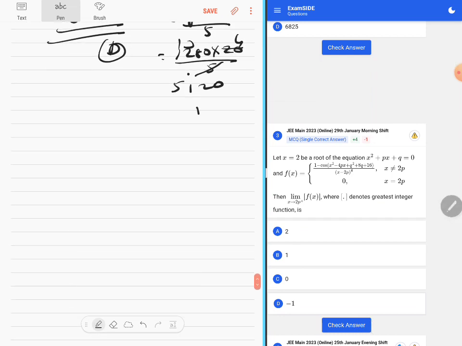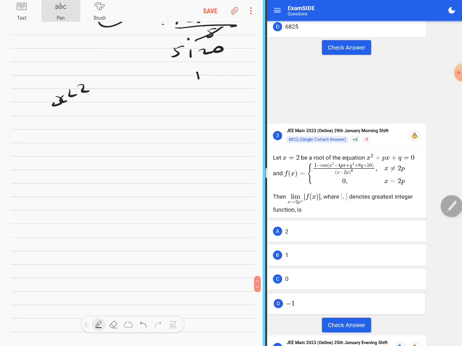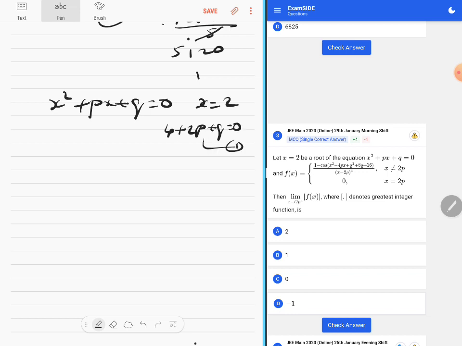So in this question, let x equal to 2 be the root of the equation x square plus px plus q is equal to 0. On substituting here, you'll get 4 plus 2p plus q is equal to 0. Let's keep this as it is. Let's figure out what is f of x. It's 1 minus cos of x square minus 4px plus q square plus 8q plus 16